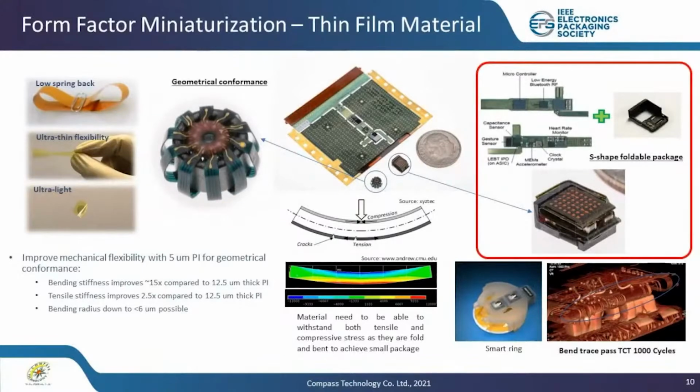Another example to showcase how the high-density flex circuit is being assembled in a small form package after sub-assembly with many different ICs, sensors, and passives using copper pillar reflow technologies. The flex is then folded in an S shape for a significant volumetric reduction in order to reduce the package size to 3 by 4 mm.